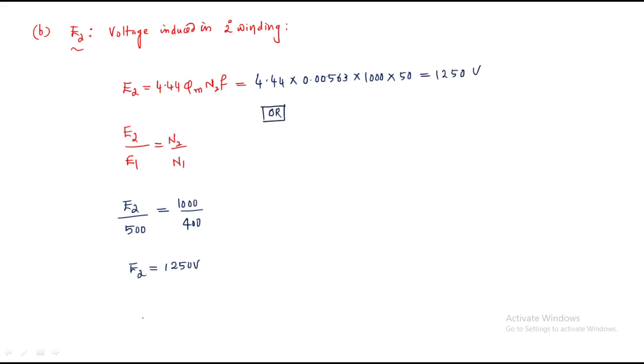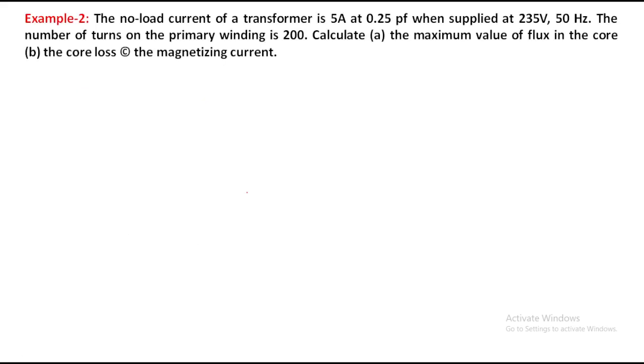Okay, this is the answer from this. So the value of E2 induced in the secondary winding can be found from this method or by using this relation. You can use this relation or this relation. This is about the first problem based on the EMF equation. So next,